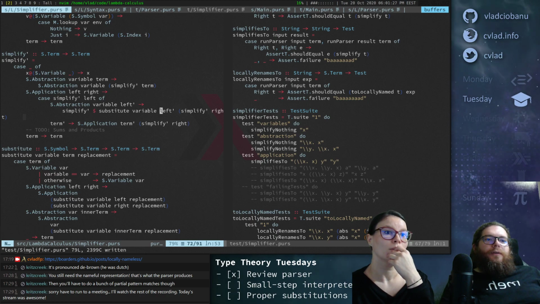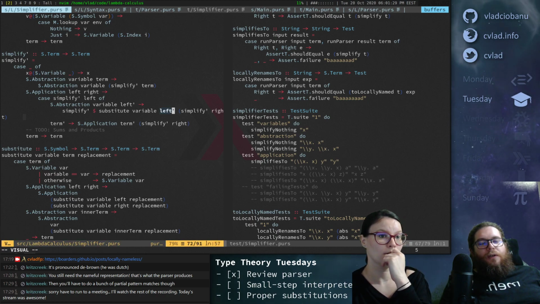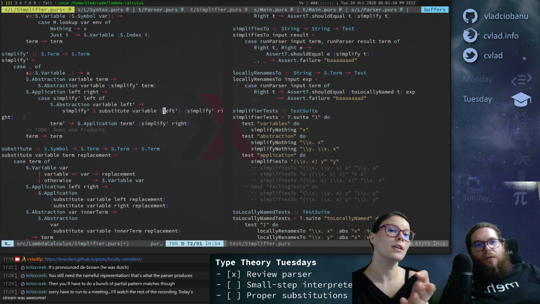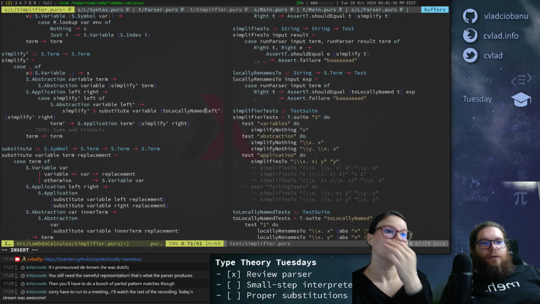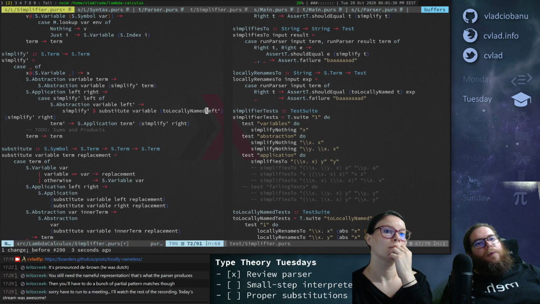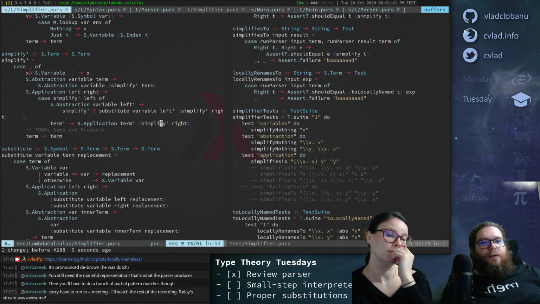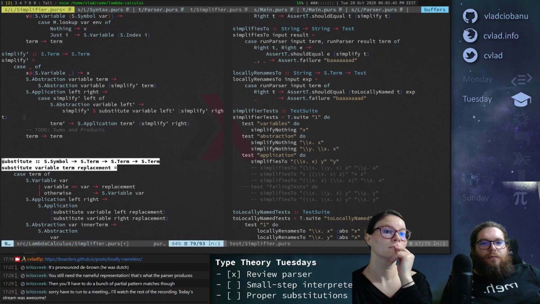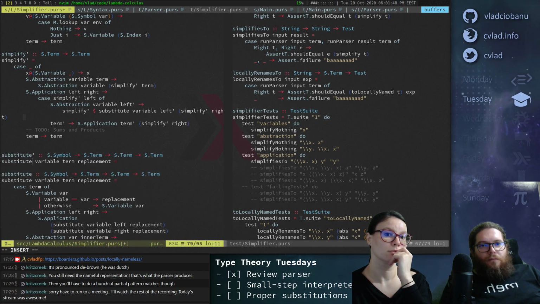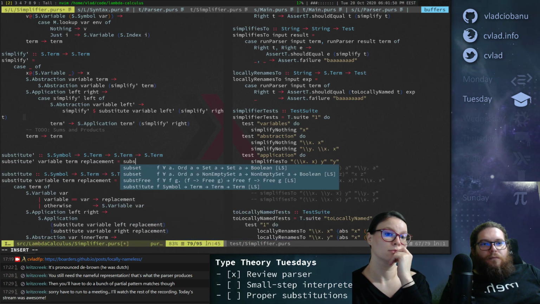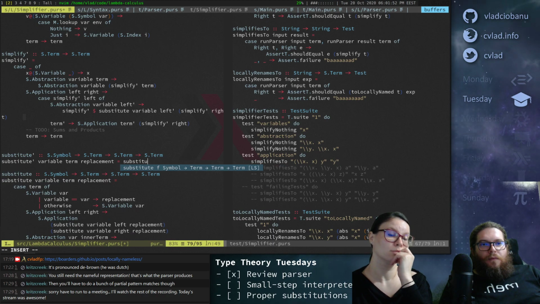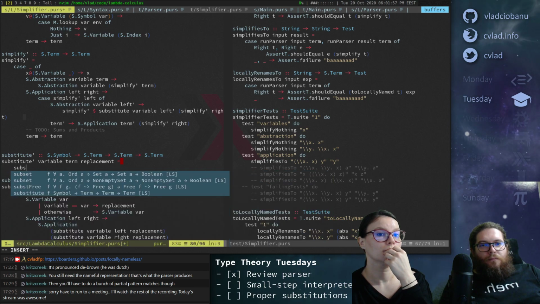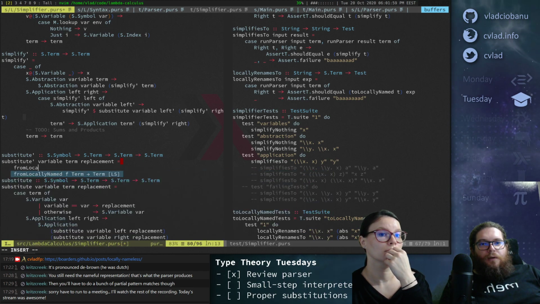So we should do that for left, right? I'm saying just rename your substitute function. I don't think we need that. Oh, okay. You mean just instead of doing it here, let's do it here. From locally named.